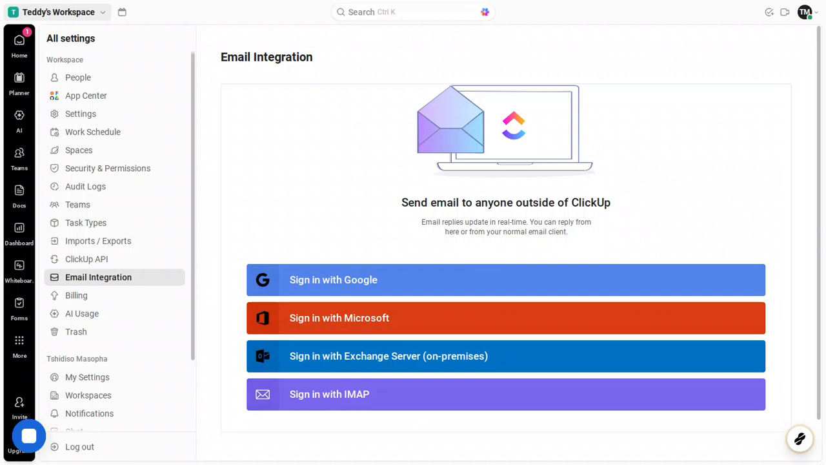It's a good idea to give it a quick test. Pick a task you're working on, attach a relevant email, and confirm it appears as expected. If something doesn't look right,